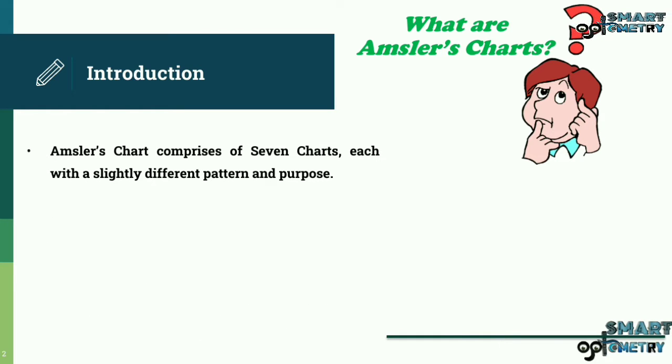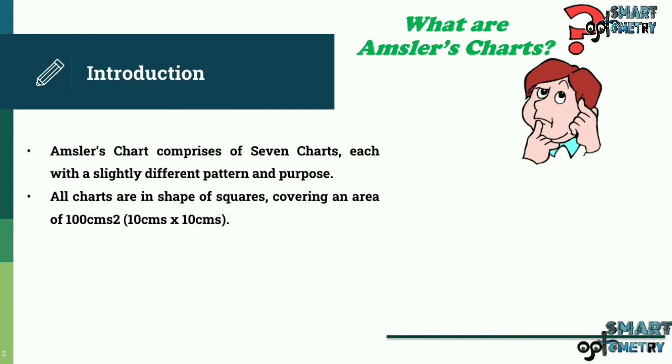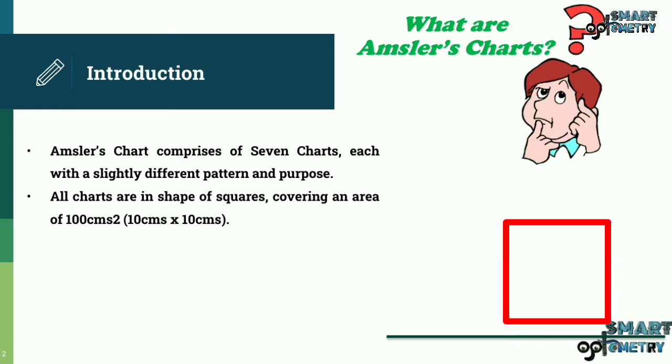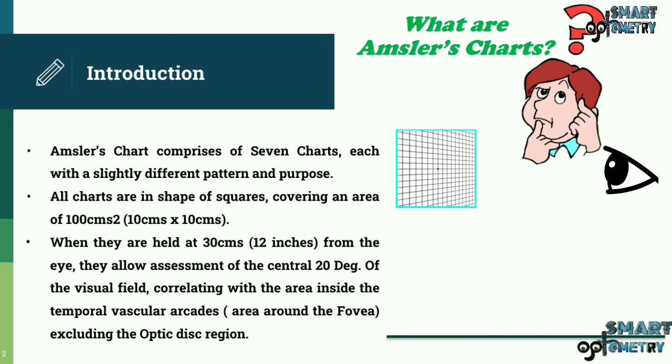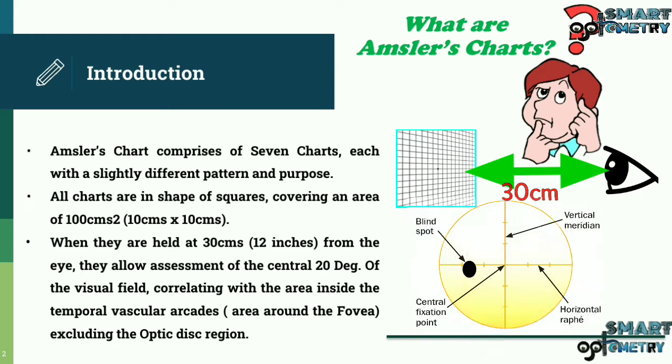Amsler's chart comprises 7 charts, each with a slightly different pattern and purpose. All charts are in the shape of squares covering an area of 100 cm square, that is 10 cm by 10 cm. When they are held at 30 cm, that is 12 inches from the eye, they allow assessment of the